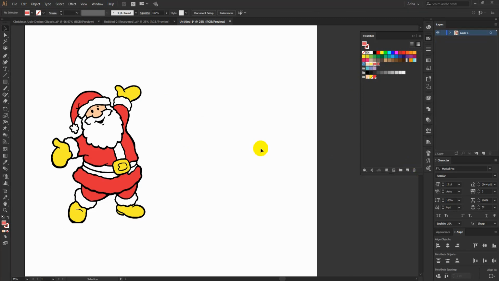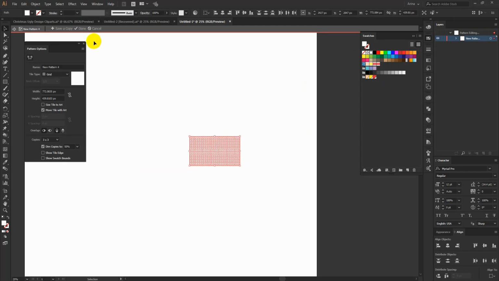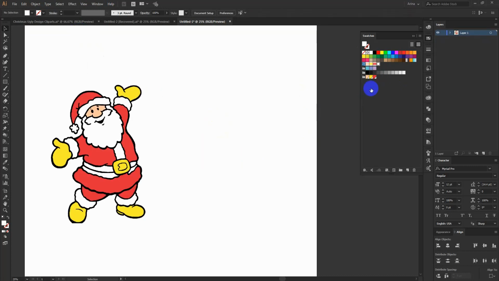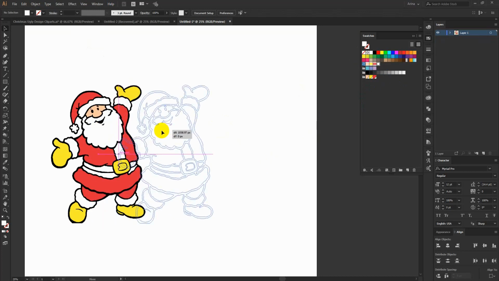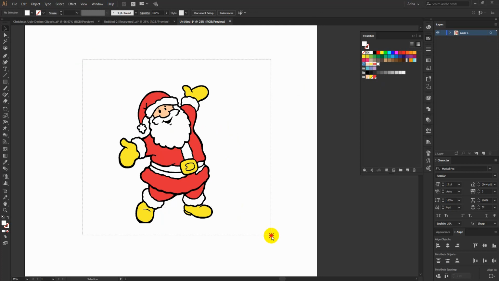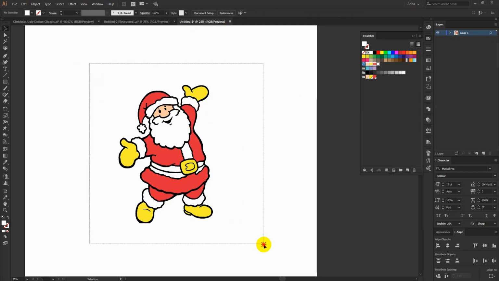Now group, as this is going to be a main design here. I have white in my design, so I need a white pattern, of course. Now you can see I have four patterns here. Now this image I made here, I make this one colorful with live paint bucket. So these will all act like a single shape here.